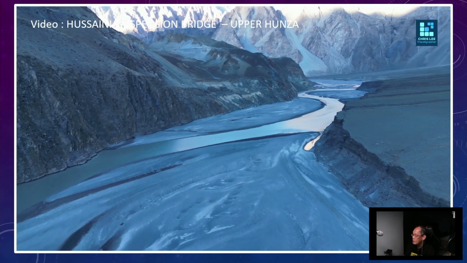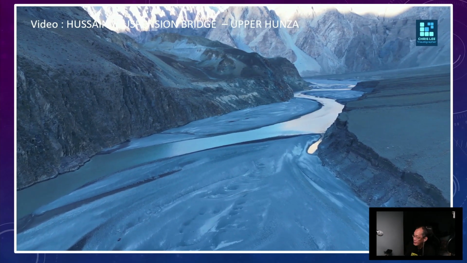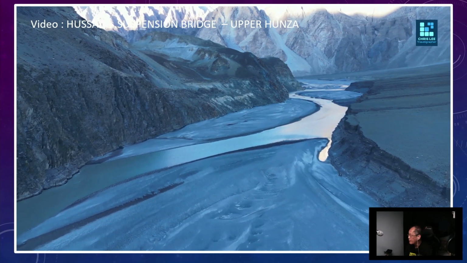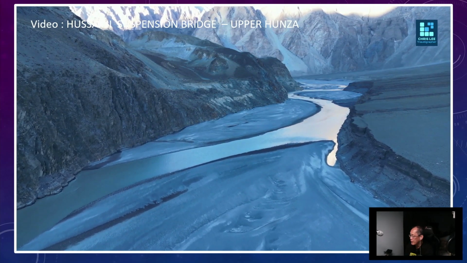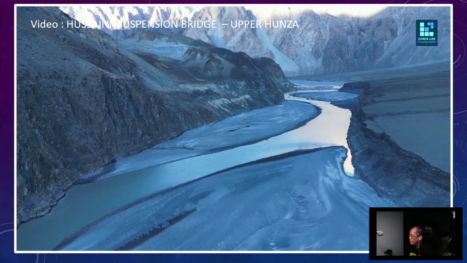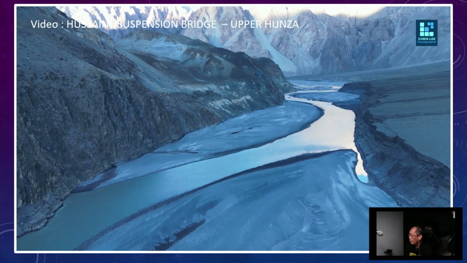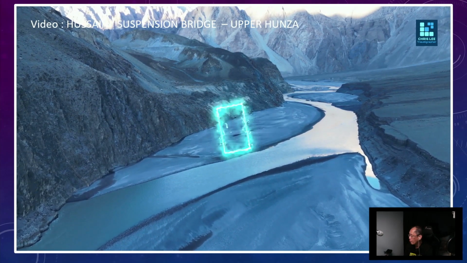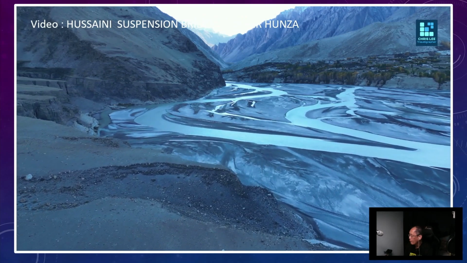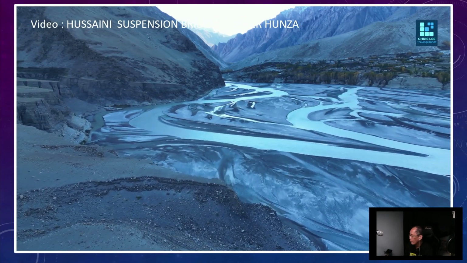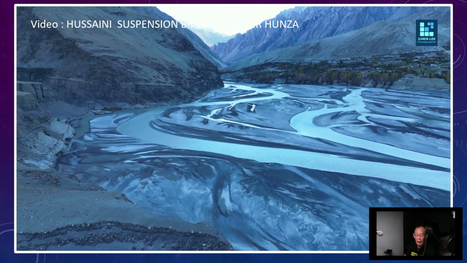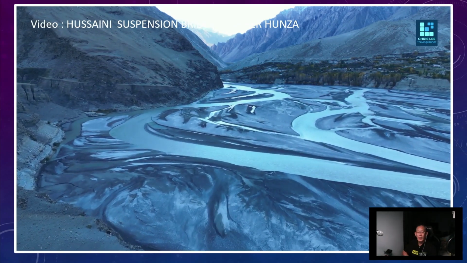The entire region is quite uninhabited. You can see that there are not many human settlements, and you can also see the edge of the river is quite steep. And here I wanted to highlight to you that